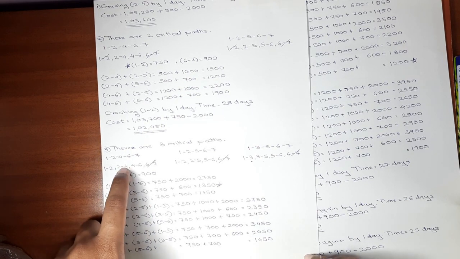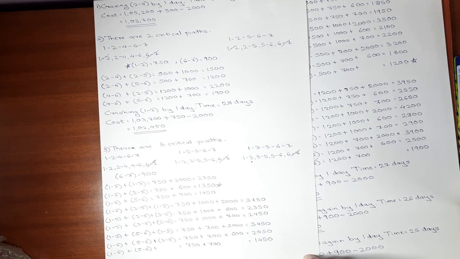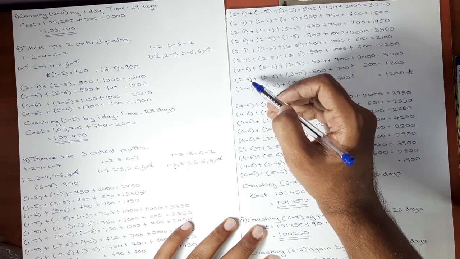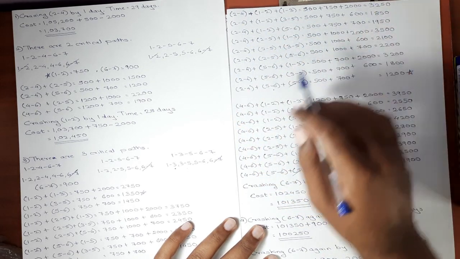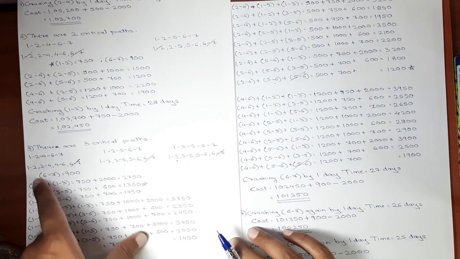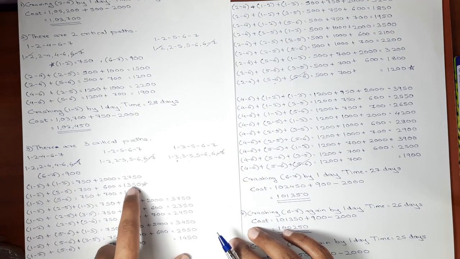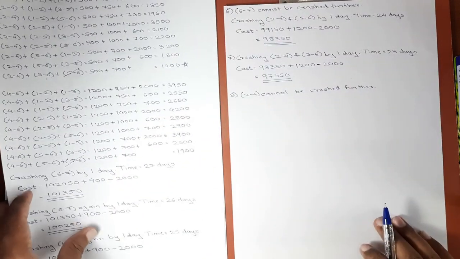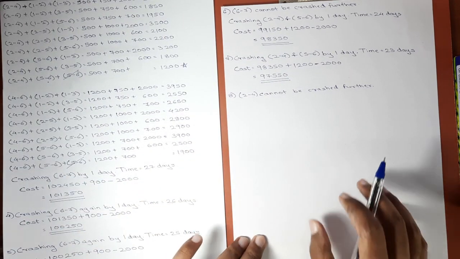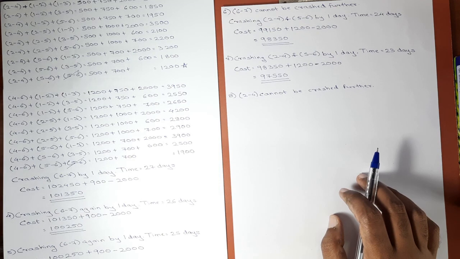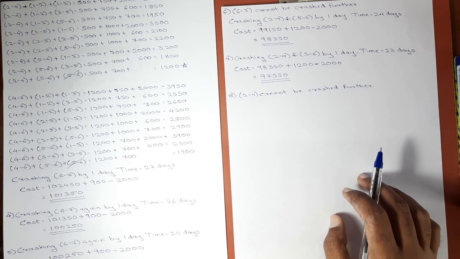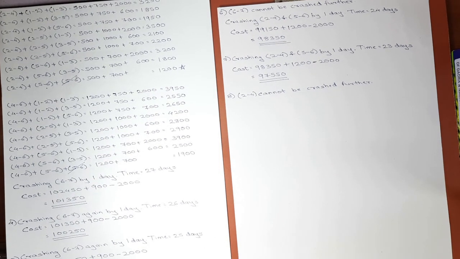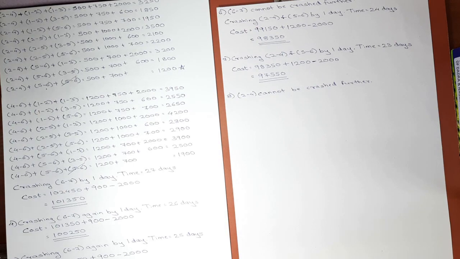2 4 is out of the picture now, 6 7 is already out of the picture, so we neglected the combinations of this 2 4. This is the set of 2 4, this set was neglected. From 4 6 and from the set of 1 2, we are taking the least combinations, which is 1350. Okay, so in the next step of crashing, which is the 8th step, we will be crashing activity 1 2 and activity 3 5. Activity 1 2 and 3 5 will be crashed now. I hope this is clear.